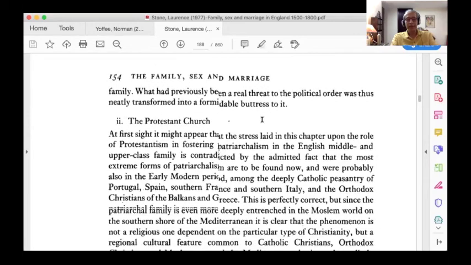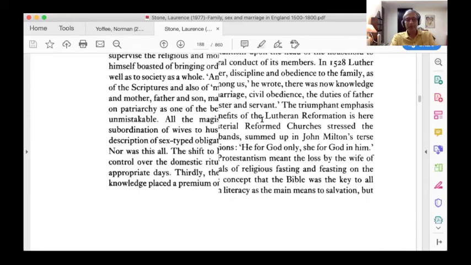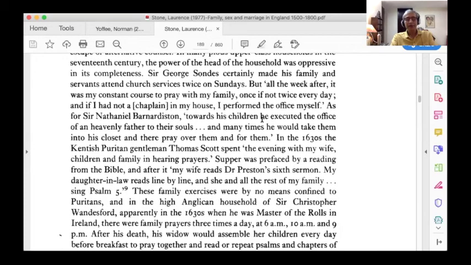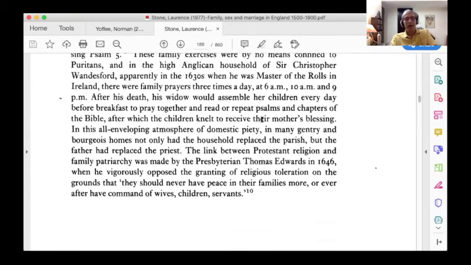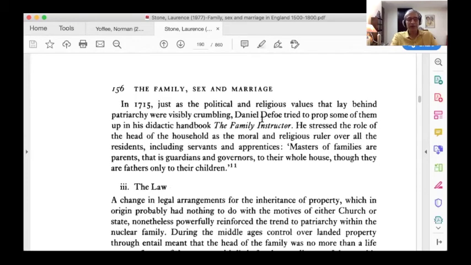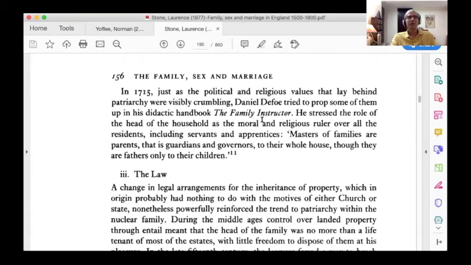Right? So I'm going to skip some parts here, but clearly you can now see why thinking about the state and thinking about the transformation of the family become relevant. They're related to each other. Thinking about the two together is not such an absurd thing after all.